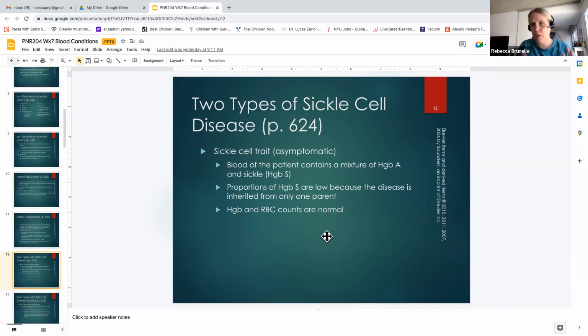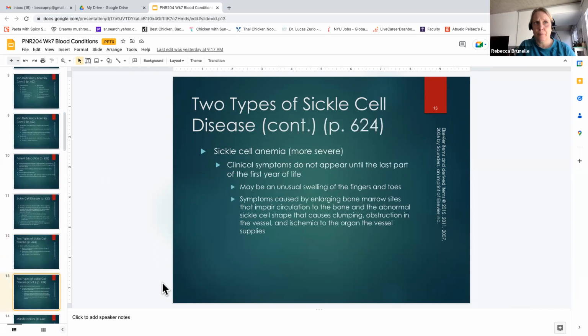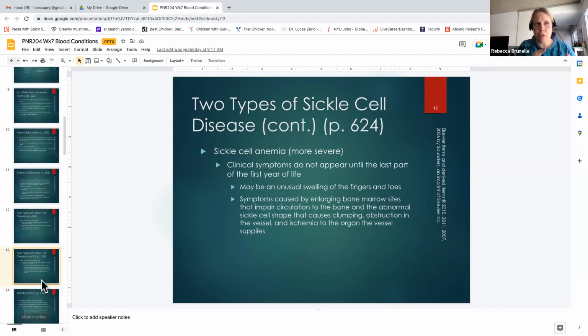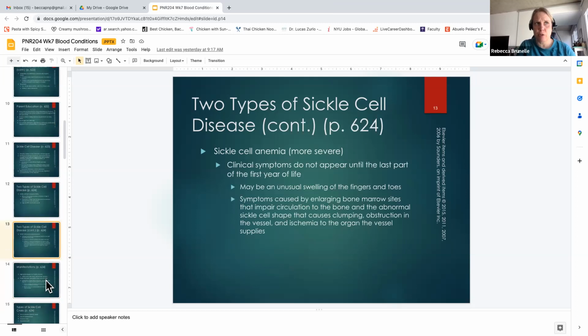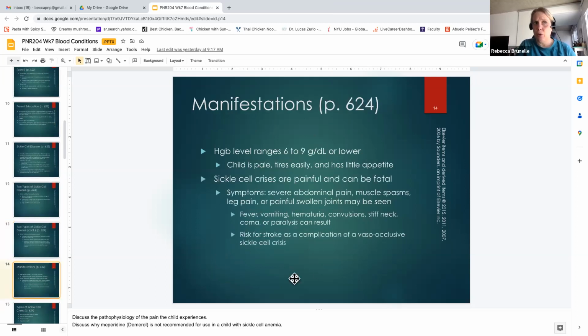And this slide here reiterates what we talked about earlier, that there are two types. There's sickle cell disease and sickle cell trait, where they only receive the gene from one parent. When they receive the gene from both parents, their symptoms are more severe. And you guys knew that the sickle cell crisis can be very painful. It can be fatal. They also have problems with their spleen. They have a lot of sequestration of red blood cells in their spleen, so they're at higher risk for infection than other patients. They're also at risk for stroke and complications of vaso-occlusive crisis because of those misshapen cells and the way that they stick together.